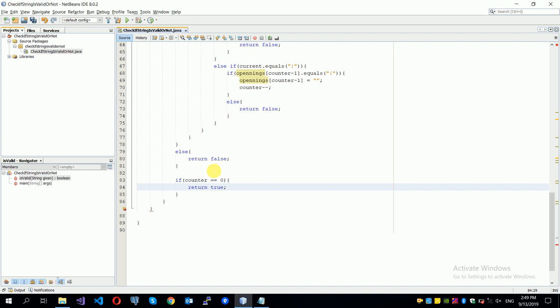Until now, all our returns... okay, so let's minimize. So if counter until now,